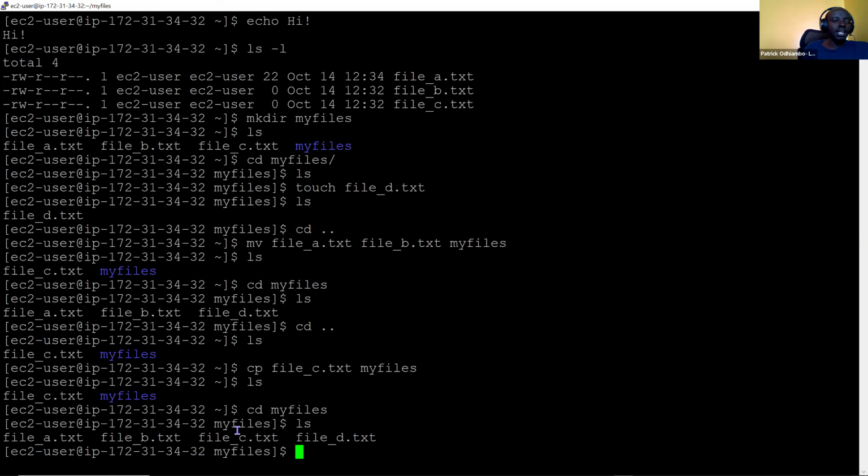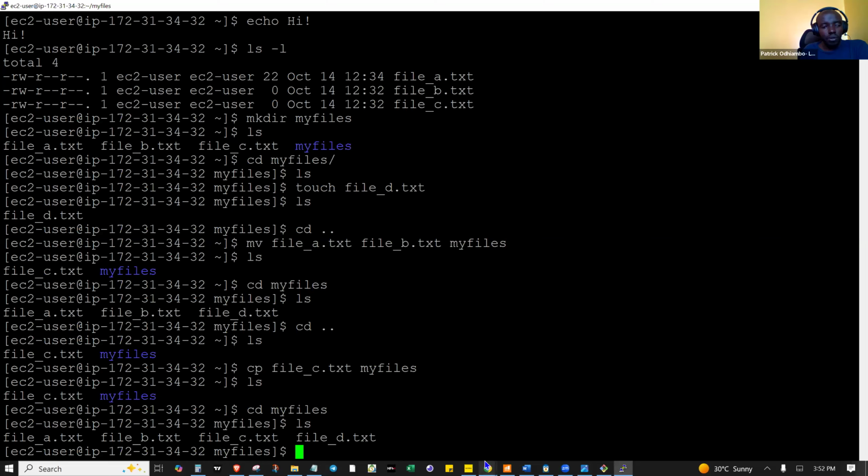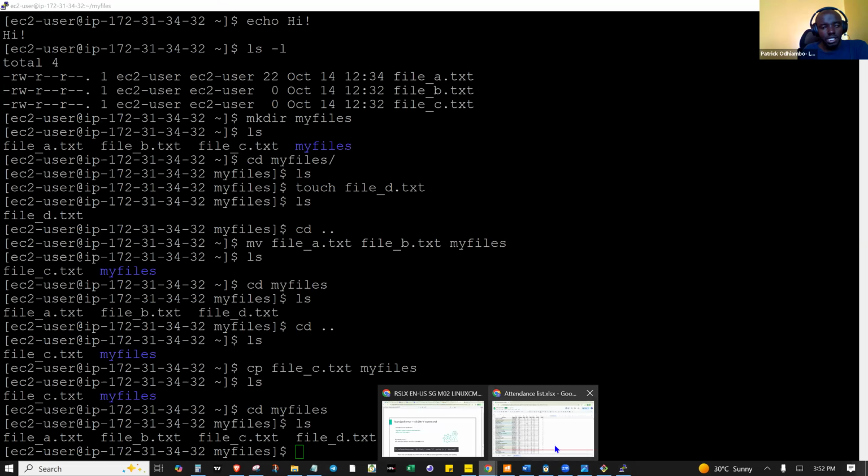It copies a file into the destination that you have specified without getting rid of it in its source. So the source still remains, we still have file C at the source, and then we have a copy of that same file inside my files. So those are some of the other commands that you can use, but there are more that we'll talk about in a minute.